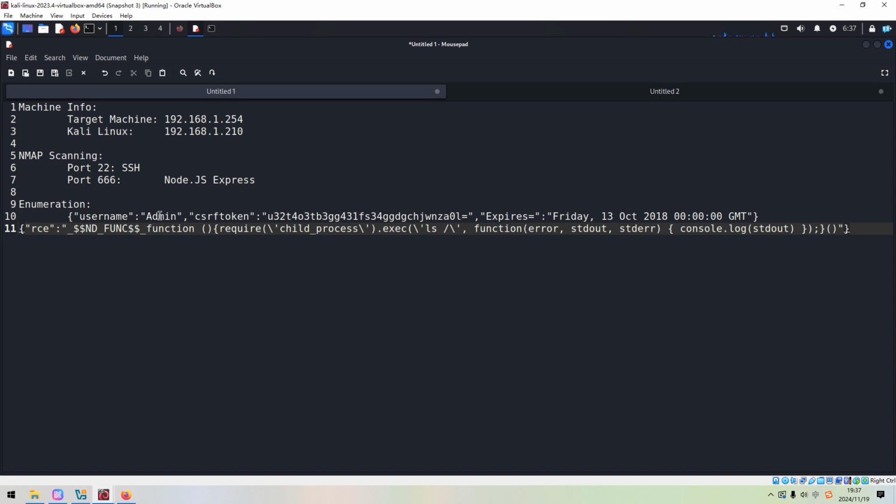I'd like to replace the admin value of the key username with the malicious payload. I think we do not need to use the backward slash. Okay, and the command should be modified to the reverse shell command.